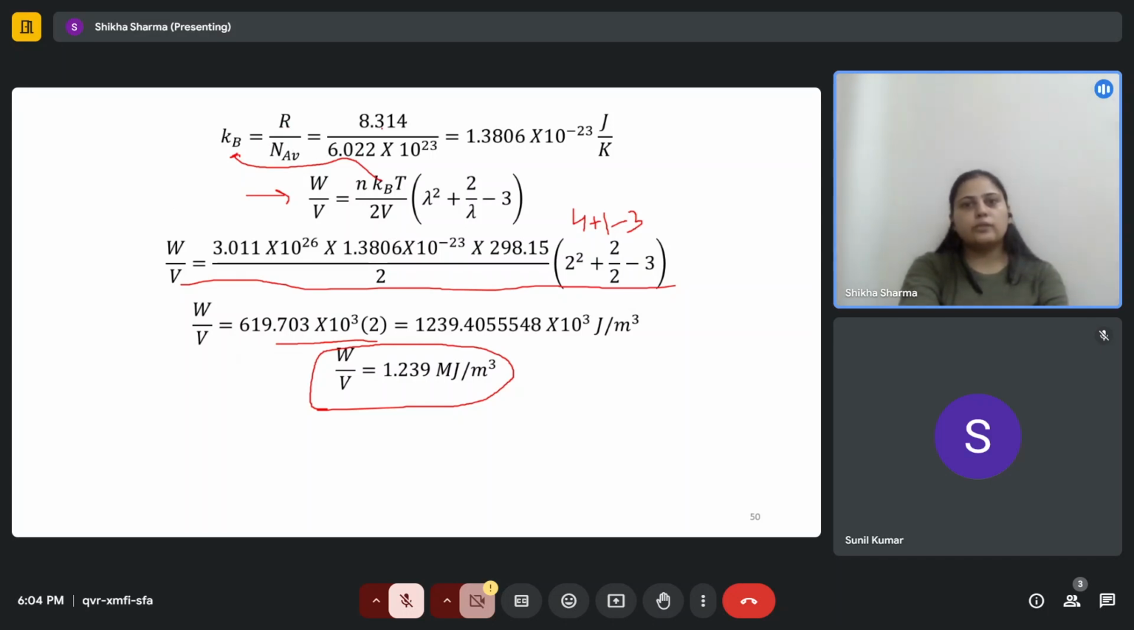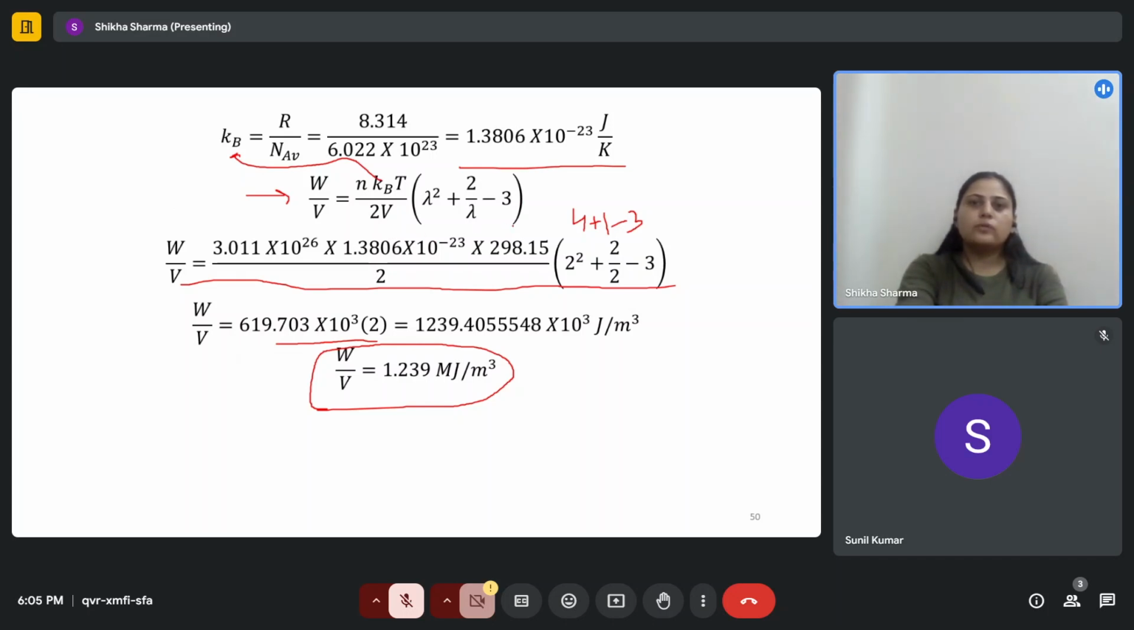So R is the gas constant, which is 8.314, divided by the Avogadro number, which is 6.022 times 10 to the power 23, equals 1.3806 times 10 to the power minus 23 joule per Kelvin. The same value which we have calculated, the kB value, is just known as a constant, so we just need to